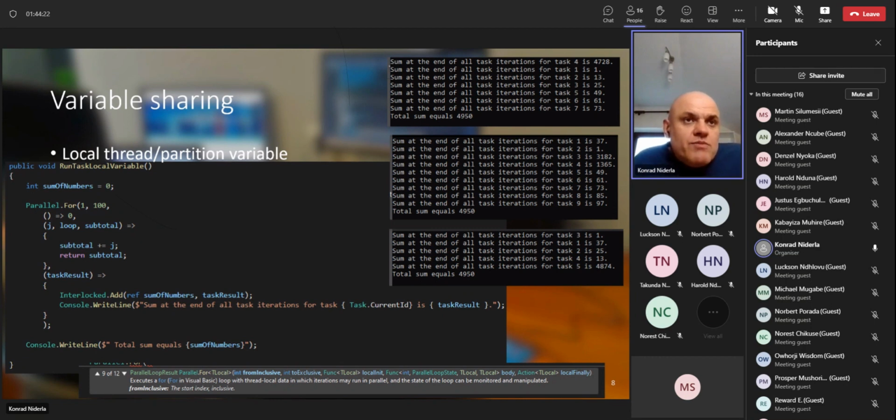950 always, because our parallel for loop divides the space from 1 to 99 into parts. Each part is executed in its own thread. Each thread has its own result, and the result from each thread is summarized into the sum of numbers, which is presented as a final number. Then you have the possibility